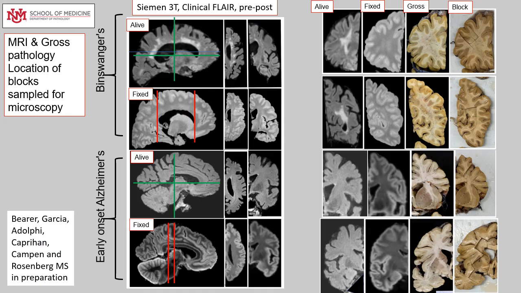In this slide are shown how we did that for two of our cases. The top two images on the left side of the slide are of a vascular dementia, which we term Binswanger's disease, and the bottom two are from an early onset Alzheimer's case. They are shown in sagittal, axial, and coronal sections in the live and fixed images. We then took these live, fixed, gross images and dissected blocks for histopathological analysis. In the next slide,